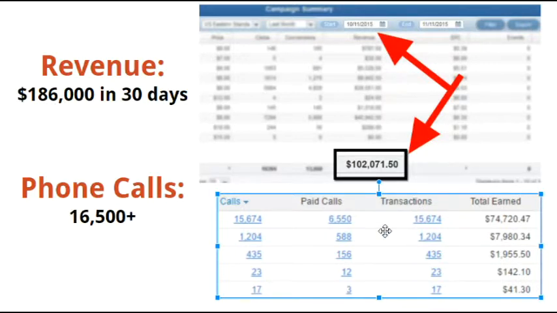You may be asking, why did you have to split it up between two networks? I've asked this question too when people are showing case studies. The reason it was split up was because of the volume. The amount of phone calls we were generating was so much that the affiliate network could only handle so much volume. So we had to start splitting up the phone calls to different networks, which is really important in this space because